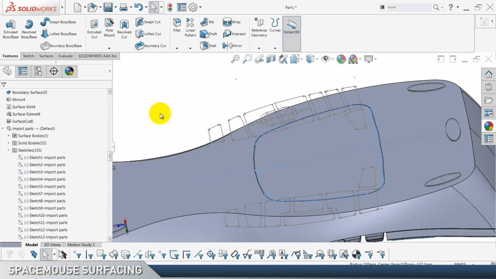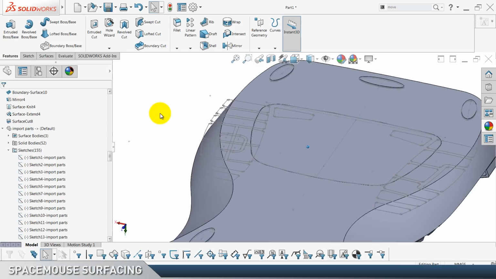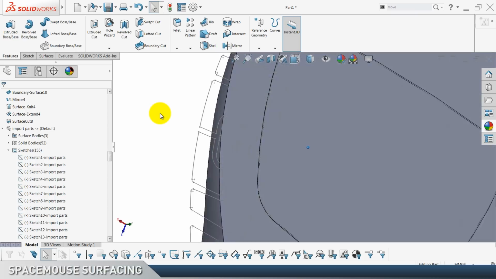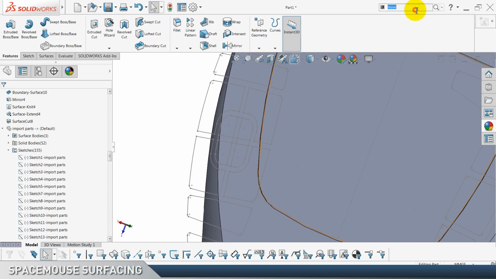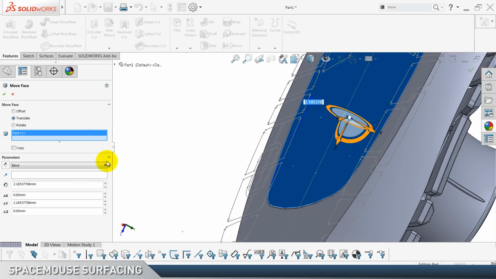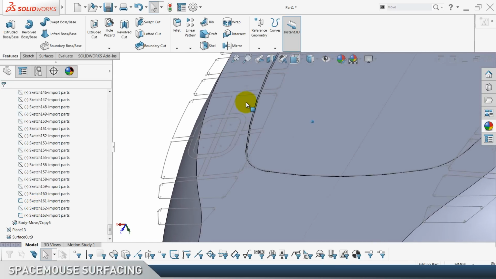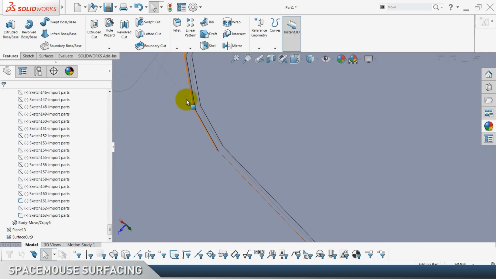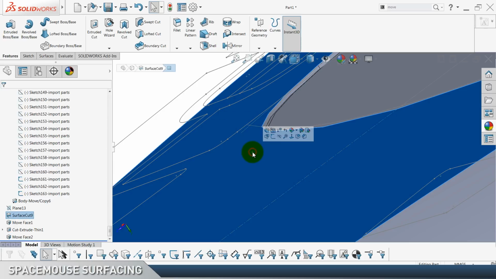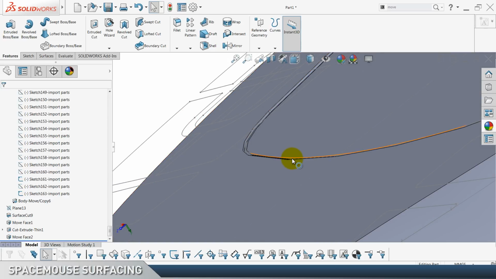So these are just some details. If you do a rendering video with me, you'll see what details these are gonna be. Now again, move face, and we're gonna just move this face up by 0.2. So what we did here is we made a cut, and this face is now lower from this one by 0.2. We can hide this sketch,